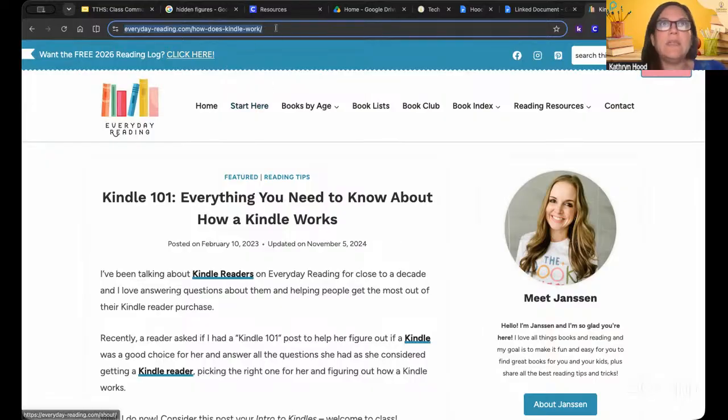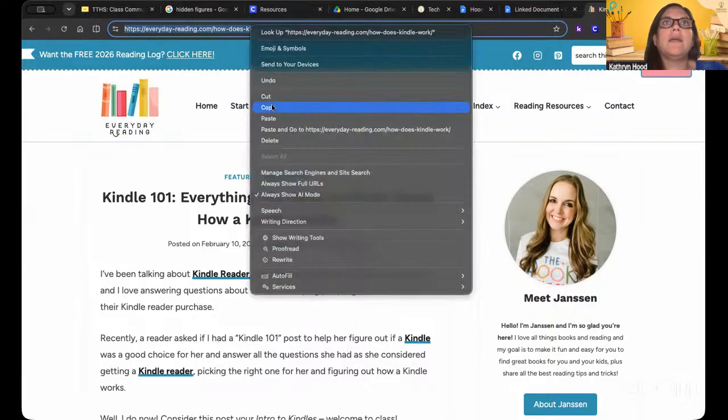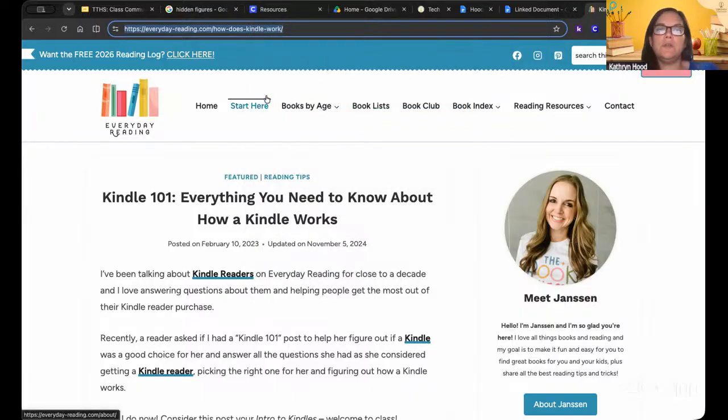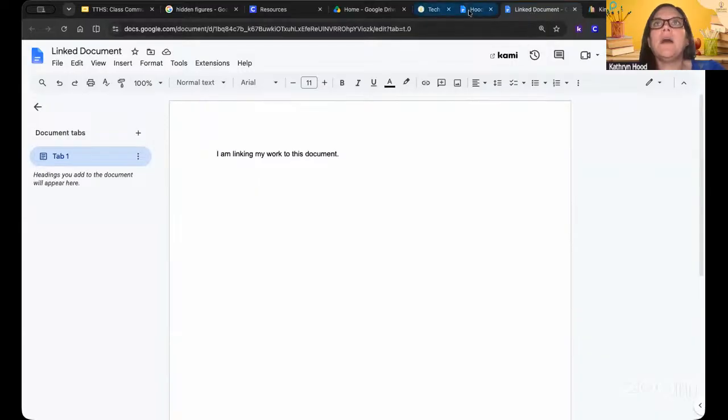And when I go to that, I'm going to highlight the address bar. I had copied the address already. You can right click and do copy, or you can do Control C for copy. All right, then on the document,